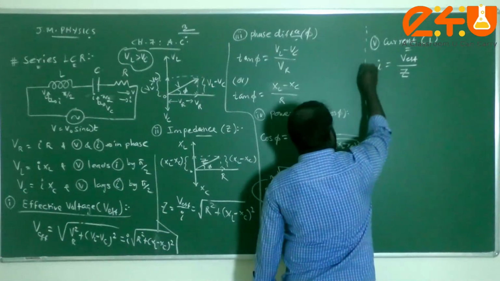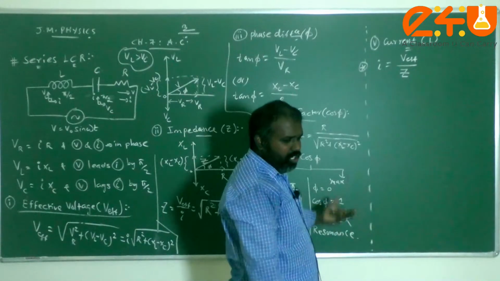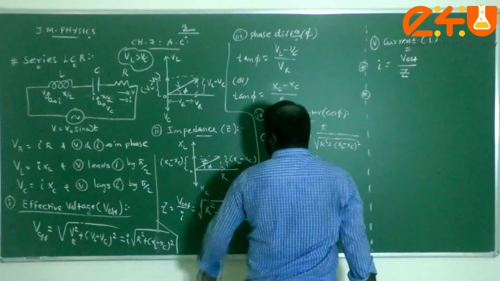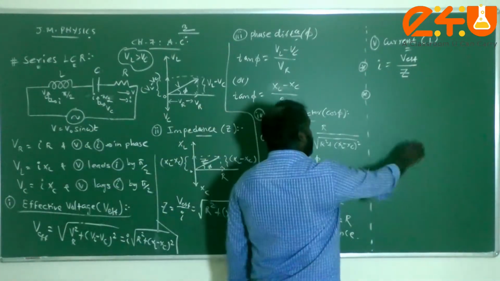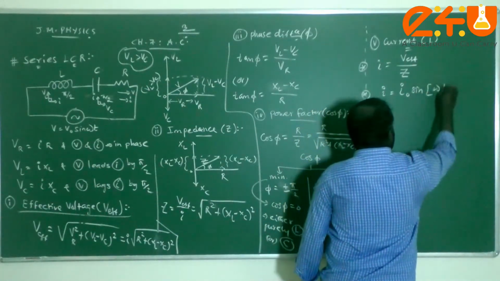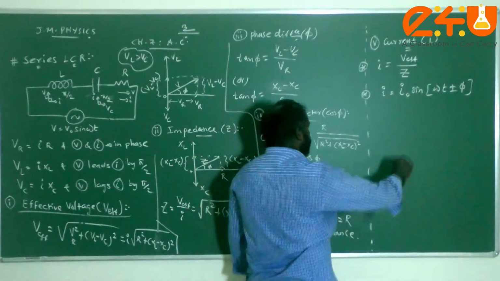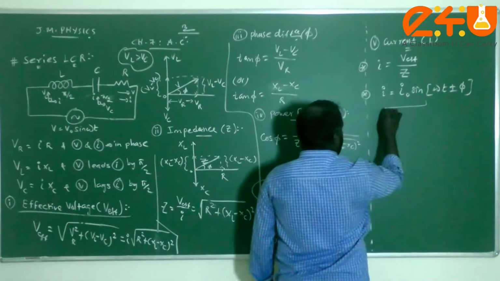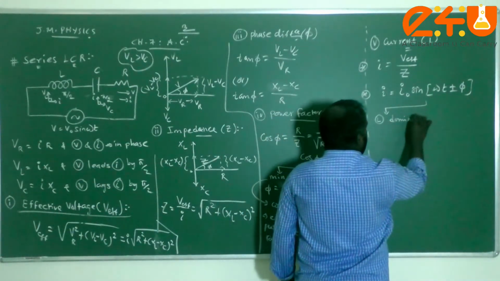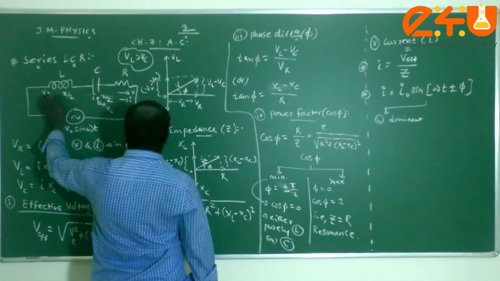This is one of the expressions in terms of the impedance of the circuit, the total or effective resistance of the circuit. The other one is in the form of a sinusoidal or periodic function: the current can be written as I is equal to what, children? I naught sine of omega t plus or minus what, children? Phi. So suppose the inductor L is dominant. Means what, children? In an inductor, what will happen? Current lags the voltage by pi by 2.